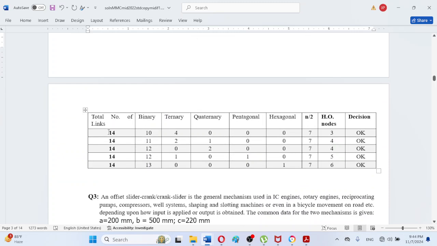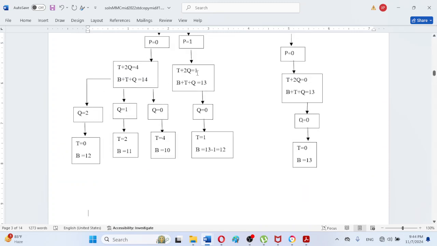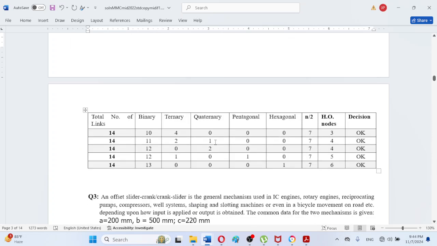Remember that this is the tabular approach of solution, and this is the final table. As we can observe, here are 5 link sets. The first set is 10 binaries and 4 ternaries, and the second is 11 binaries, 2 ternaries and 1 quaternary, and the third set is 12 binaries and 2 quaternaries, and the fourth set is 12 binaries, 1 ternary and 1 pentagonal link, and the fifth set is 13 binaries